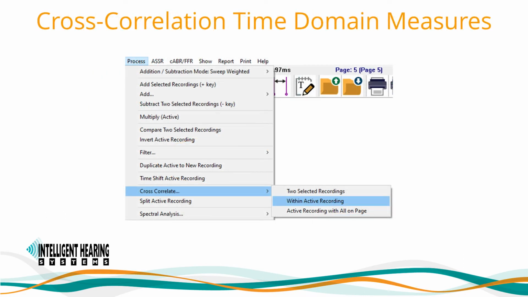Cross-correlation is a measure of the repeatability over a range of time. The cross-correlation can be measured for the response to itself when within active recording is chosen, using a split sweep calculation, or between two selected recordings. If you choose to obtain a cross-correlation of the active recording to all other recordings on the page, then a